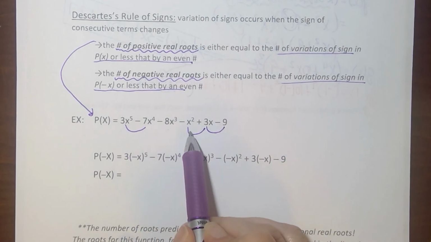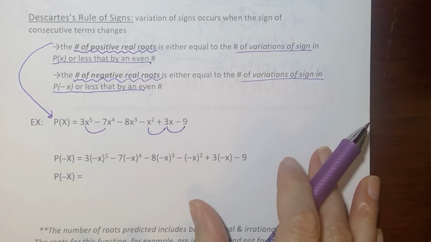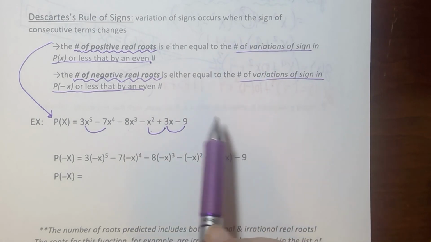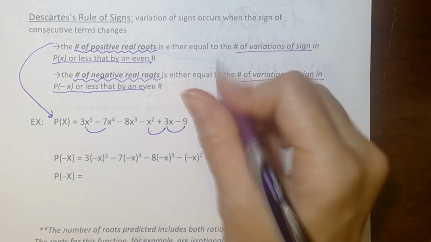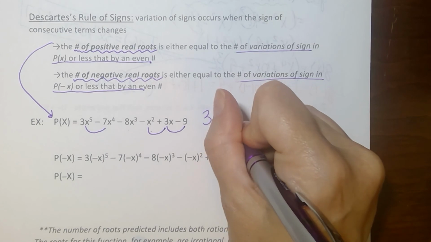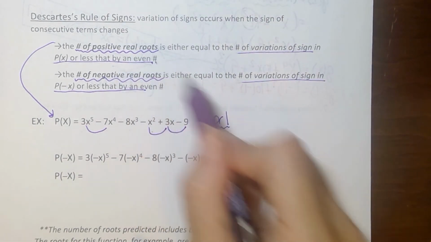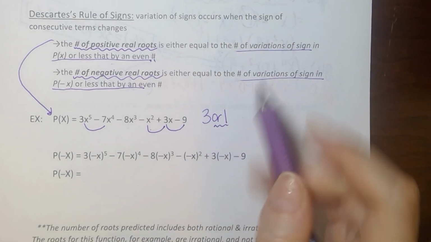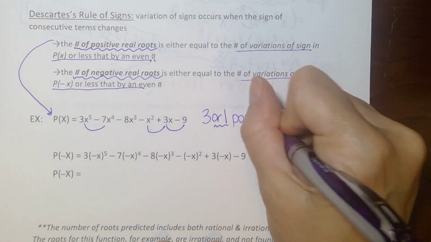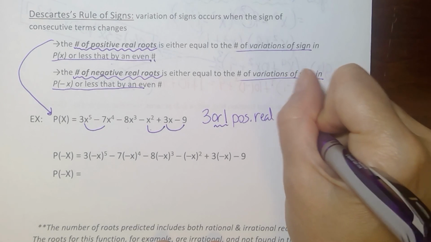So we have 1, 2, 3 variations of sign. So that tells us to expect 3 or 1, because of that less than that by an even number, so I subtract 2,